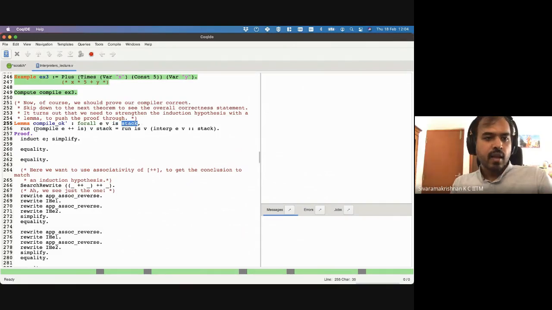If you run the program, and what program are you running? You're compiling E, this expression, right? And then you prefix it to this arbitrary list of instructions, right? And you're running this compiled program, list of instructions, under valuation V on some stack. This might be any stack at all, right? What you are claiming is that you will have the same behavior as running this arbitrary list of instructions, right,